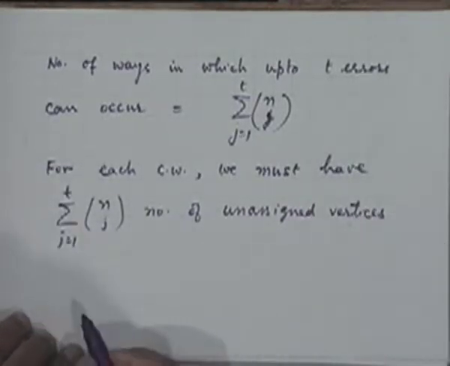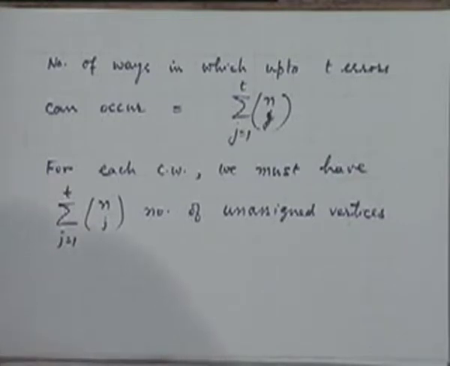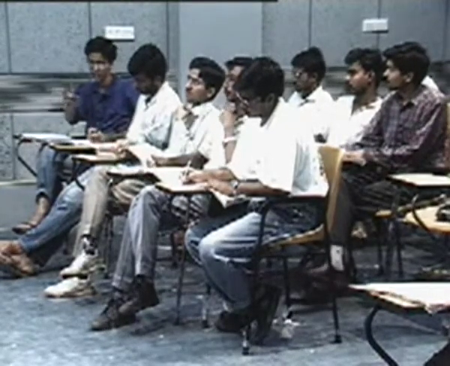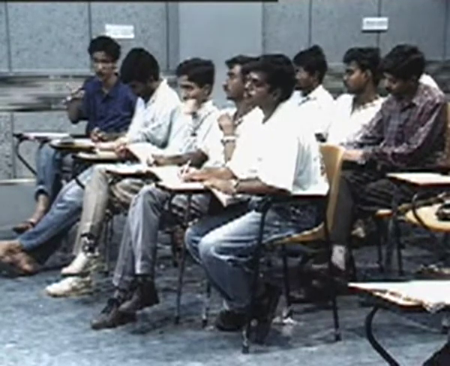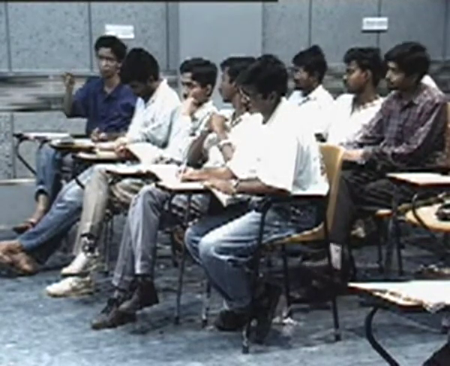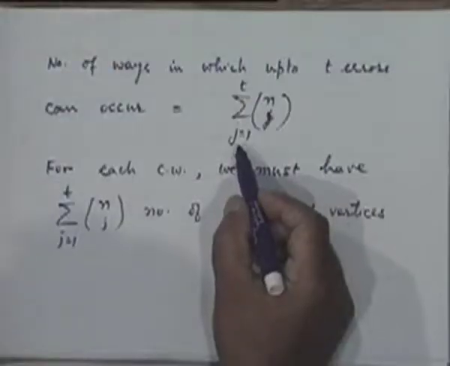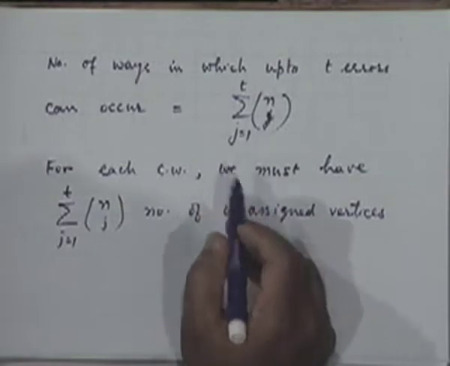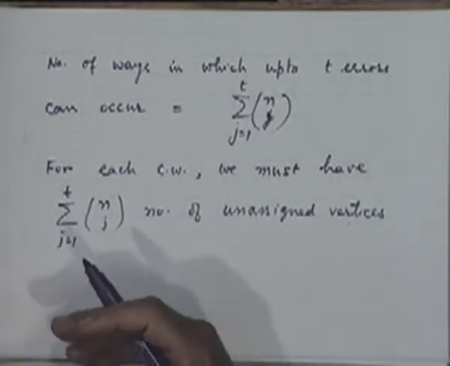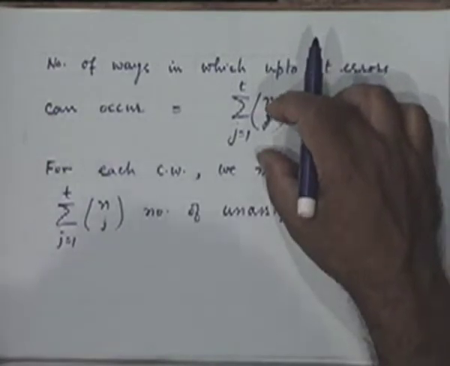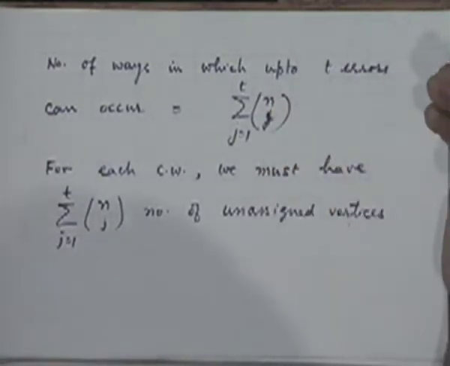Right? So the code word, original word, j, it is already included in, like for any given value of j, nCj is the number of possible other sequences which can come around it. Right. If j bits differ, that includes the Cj also. No, but I am not taking j equal to 0. j equal to 0 we are not taking, j equal to 1. That would include that if I include j equal to 0, which I will do later, because this is the number of other sequences which differ from it in j places. If it is differing from it, it cannot include it unless j is equal to 0.